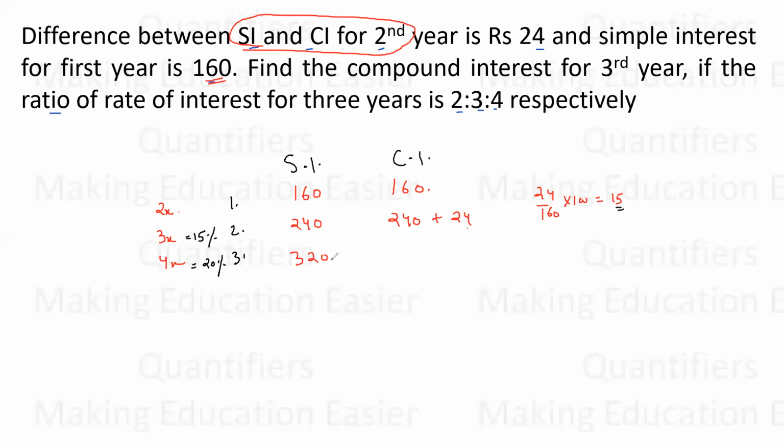अब स्टूडेंट्स ये 320 कहां से आ रहा है? 320 तो प्रिंसिपल से आ रहा है. सो 320 तो हमें कंपाउंड इंटरेस्ट मिलेगा ही मिलेगा. We will get 320 as the compound interest which will come from the principal. And students, along with it, we'll also get 20% of everything, right? I mean, we'll get 20% of first year as well as second year. Right? So 20% हमें इसका भी मिलेगा, 20% हमें इसका भी मिलेगा.